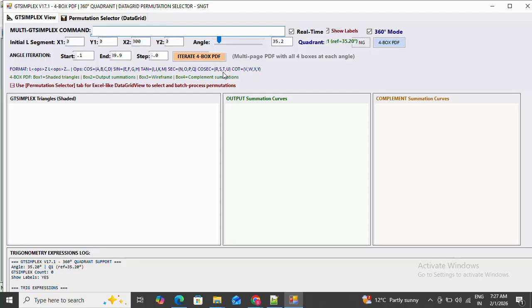Cot theta has four symmetries V, W, X, Y. Now, how many possible symmetries are there for the Cartesian products of the cos square theta? We can easily say that the cos square theta means ABCD Cartesian product with the ABCD. Then we will get